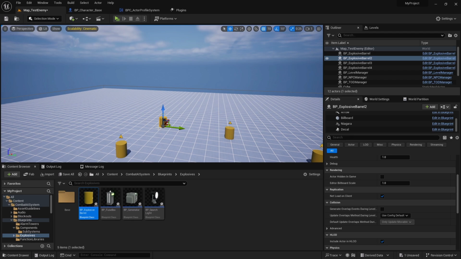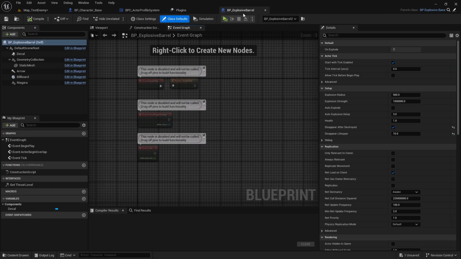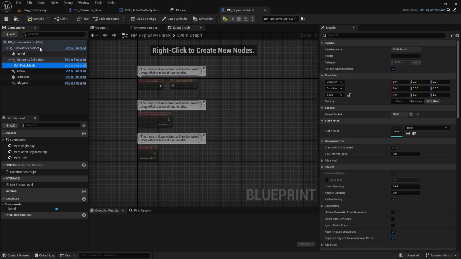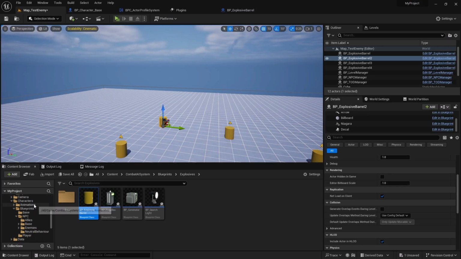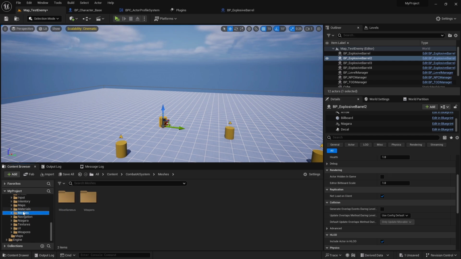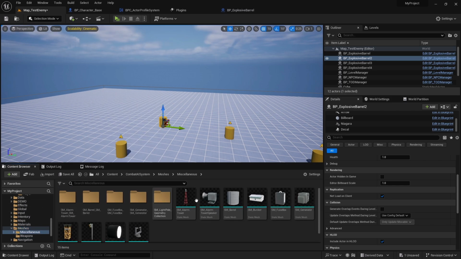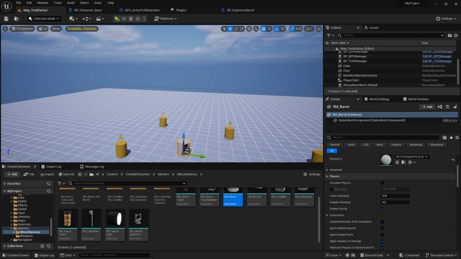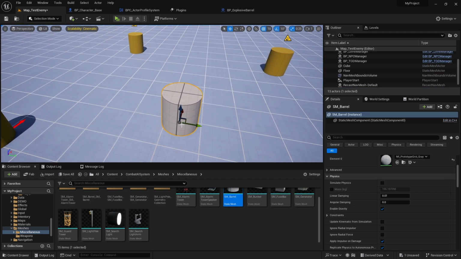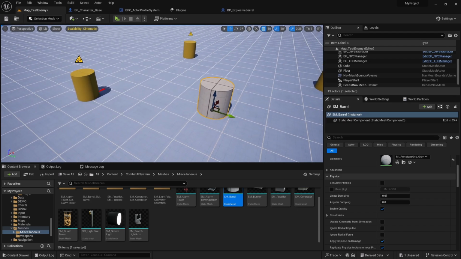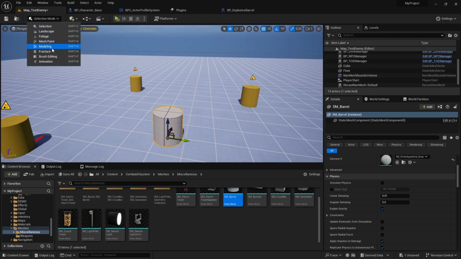So in case you don't know how to configure this chaos destruction, basically you have to go to one of its components. For example, let's say you have to actually select a proper mesh. So in this case, let's say I select a barrel, something like this. Currently it is not fractured, it's just a simple static mesh. But if you select the fracture mode,